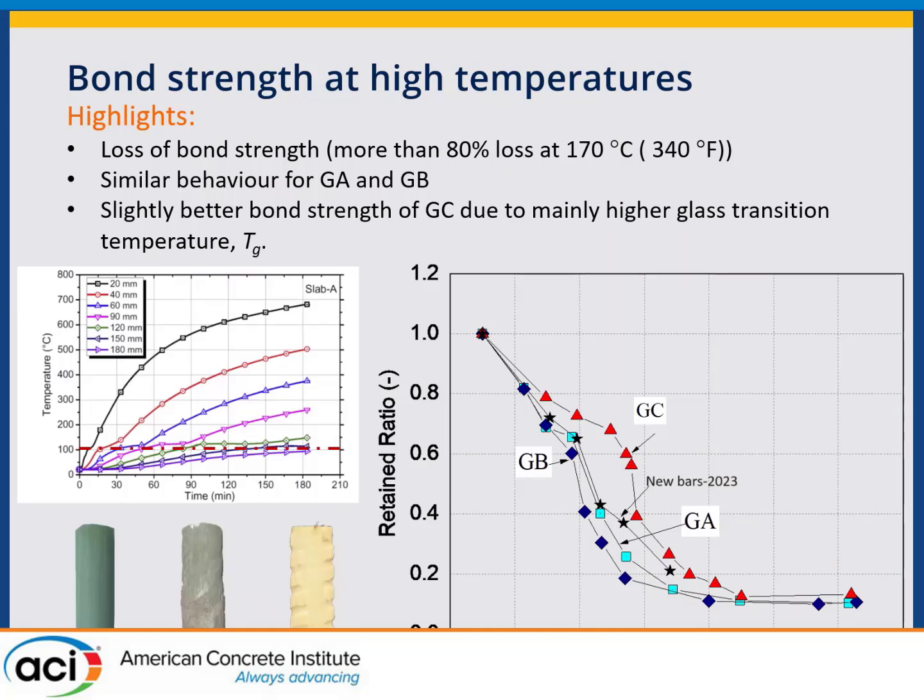And so I've already talked a bit about this, that at 170 degrees centigrade, 340, 350 Fahrenheit, we're losing about 80% of the bond. And you can see that you're losing that very early in the test at the bars. So these are the red curves here. That's the bars that were actually the cover that we had embedded. So they're experiencing much higher temperatures in the center of the slab, but we're not having failure. So we lost the bond in the middle, but at the ends,